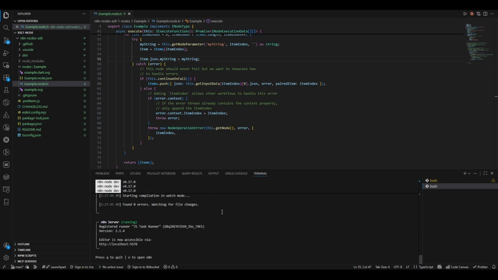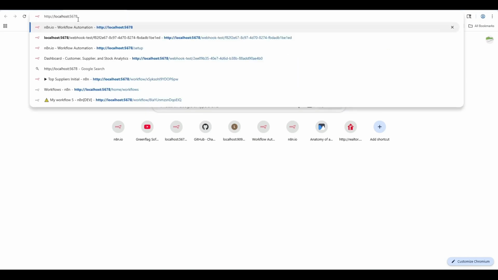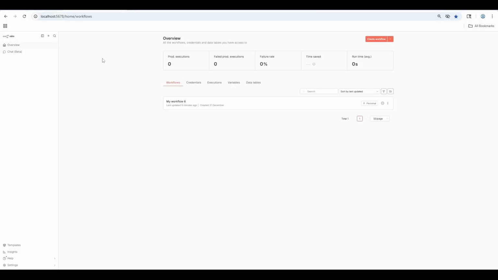Okay, so we see localhost 5678. That is our URL, or you can just hit O to open. I'm going to go ahead and open it in my browser here. If you're starting new, you're going to have to create an admin account with the username and password. I've already had an n8n instance running, so